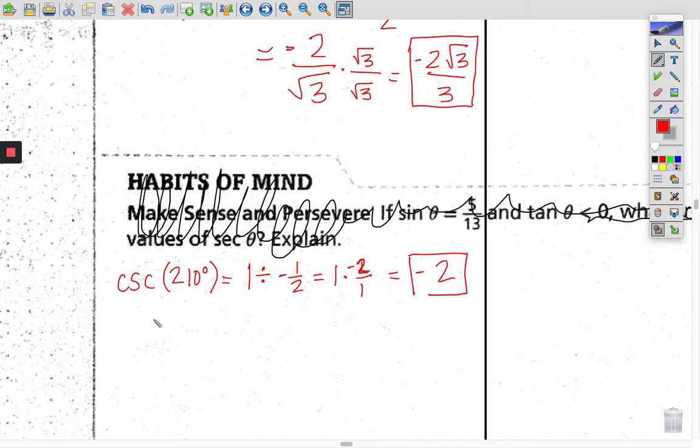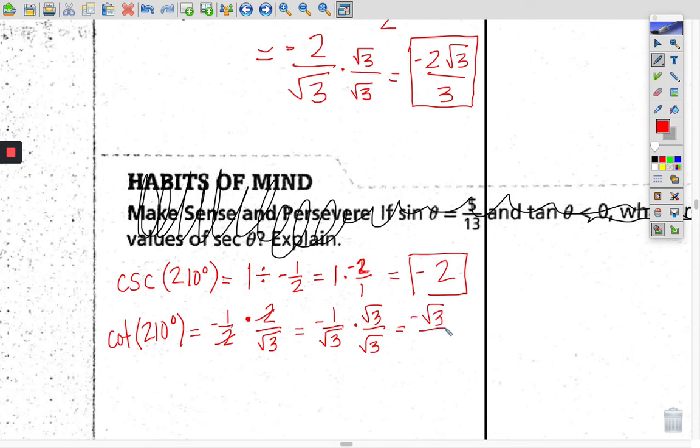So the cosecant of 210 degrees is -2. And then last, they wanted us to find the cotangent of 210 degrees. That's y divided by x. -1/2 times 2 over the square root of 3. Do y'all see how I already flipped it? I skipped this step right here. These cancel. So I have -1 over the square root of 3. I multiply both sides by the square root of 3. Negative square root of 3 over 3 is the cotangent